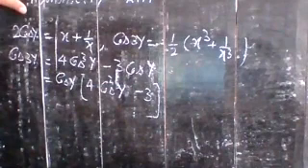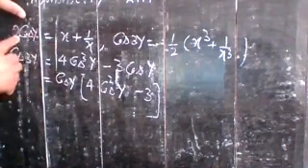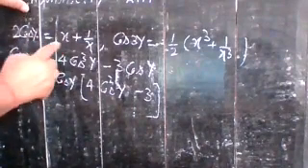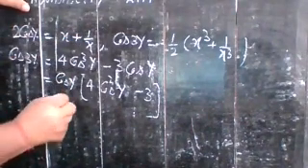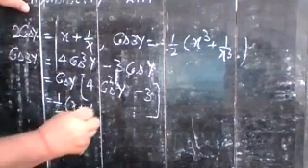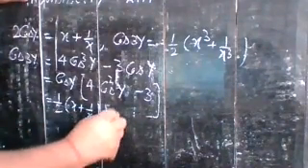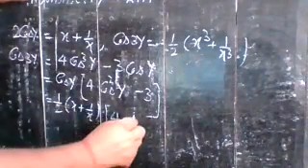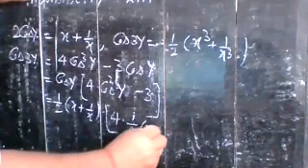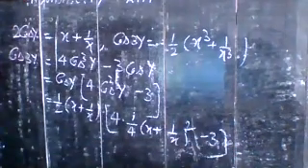Okay. So if you are putting the value of cos y, so cos y is equal to 1 by 2 times of this value. So you put it as it is. Here the value of cos y is 1 upon 2 into x plus 1 by x. And if you are putting it in 4 times the square of cos y, so the square of this quantity, you can write 1 by 4 into (x plus 1 by x) whole square minus 3. You can write in this way.